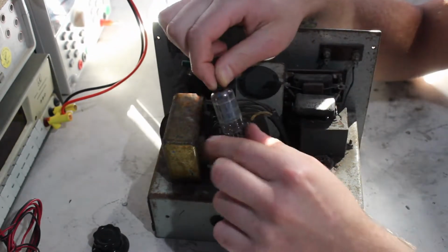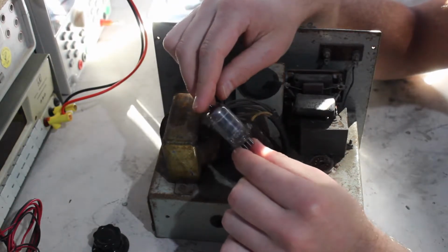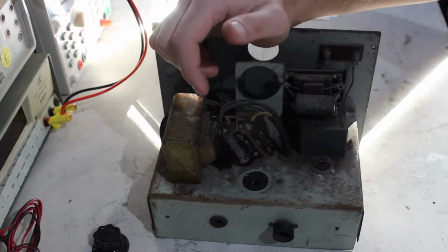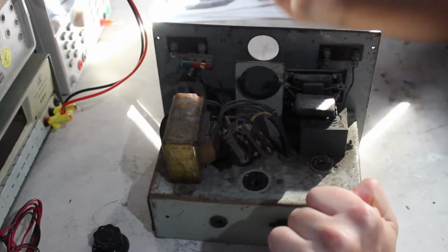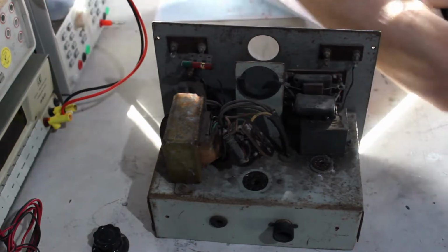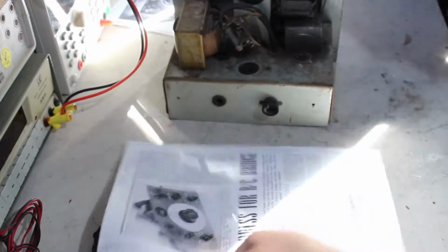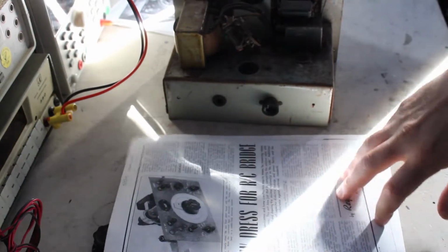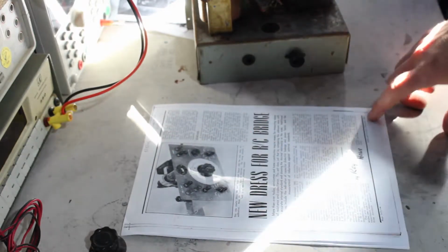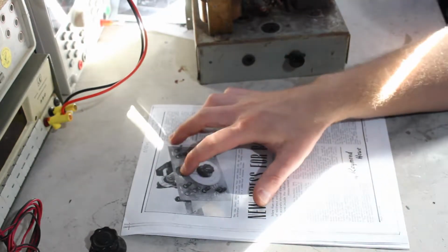12AX7, that looks alright, its getter's still in that, doesn't mean it's good though, as I said before, but with the other ones. But now that's where I started to run into issues, because there were two versions of this particular bridge. Well, I think they actually had a number of different ones. So here's the first one. This is from the 1954 edition of Radio, TV and Hobbies, and this is for an older